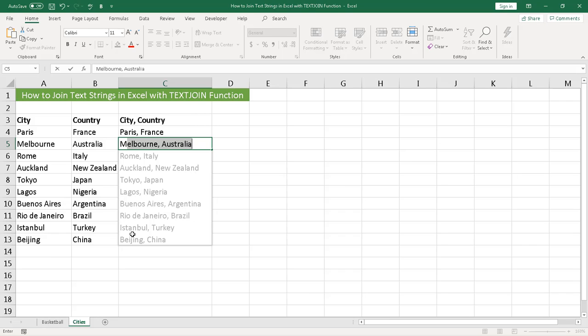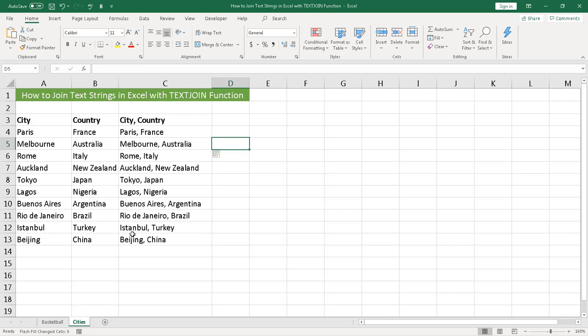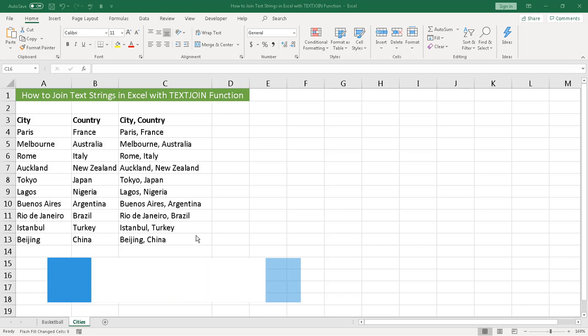So all you have to do next is just hit enter. Voila, it's finished. Pretty cool stuff, huh? A little bit of Excel magic for you. The TextJOIN function is quite similar to concat function, but differs by allowing a delimiter to be specified when combining strings. I hope this video has given you a basic understanding of how to join text strings in Excel with